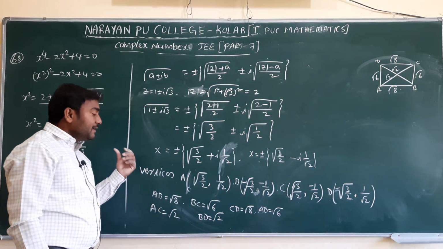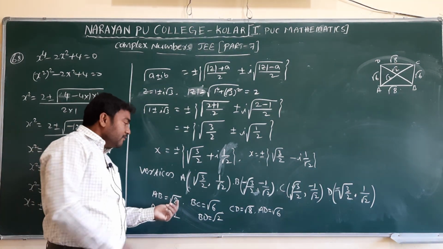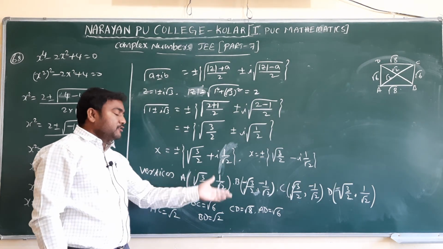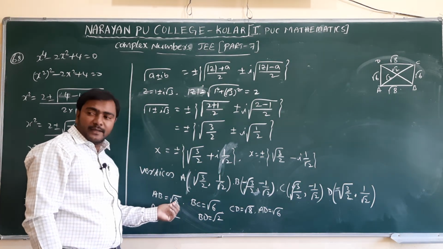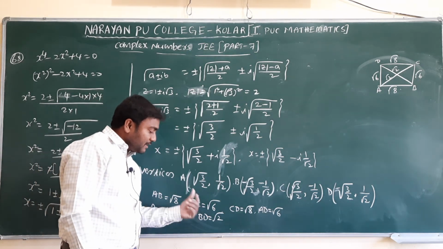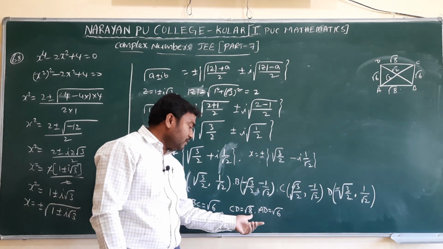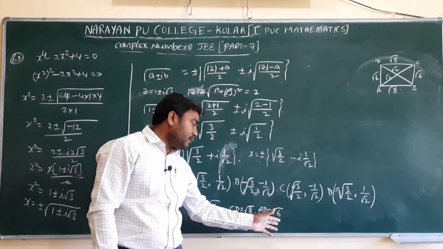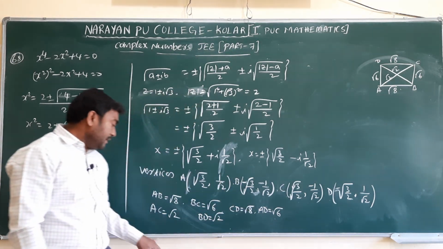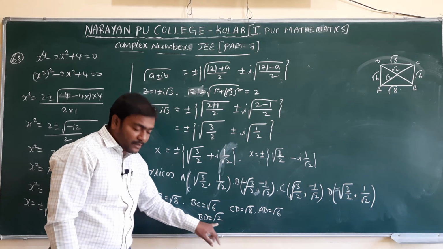Now we have to find, by using the distance formula, the length AB. We have to first find the AB value. We are simplifying square root of (x2 minus x1) whole square plus (y2 minus y1) whole square. We are getting square root of 8 only. Again you have to find the length of BC, square root of 6. Again you have to find the length of CD, square root of 8, and the length of AD, square root of 6. We have to use this distance formula. We are getting this much only. Again here the diagonals AC and BD, we are getting root 2 only.